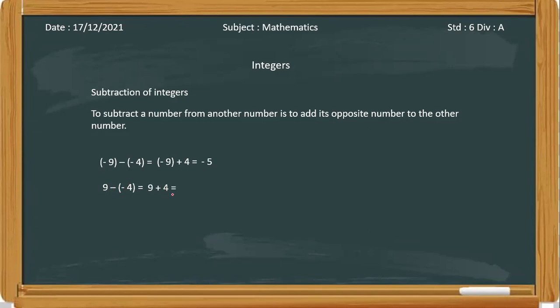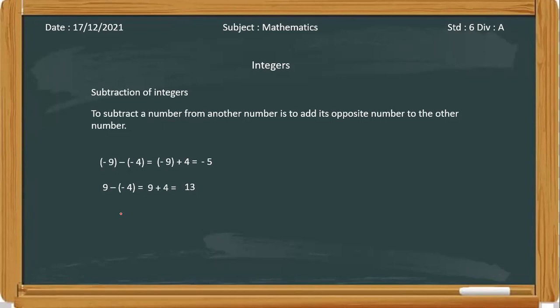We have written this subtraction sign as an addition sign. So this is 9 plus 4. This addition is easy, right? What is 9 plus 4? 13. Okay. So what we are doing is we are just converting the subtraction sums into addition sums, so you can easily do the subtraction. These are basically subtraction sums only, but you have known addition, and addition is comparatively easier than subtraction. That's why we are converting the sums into addition sums.